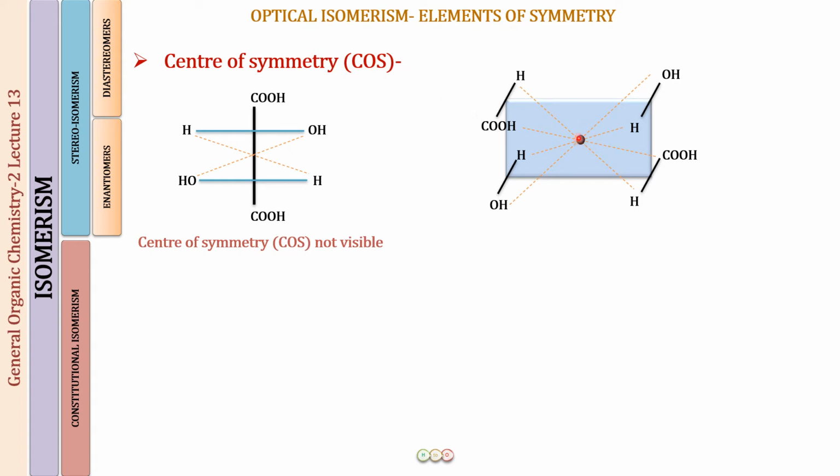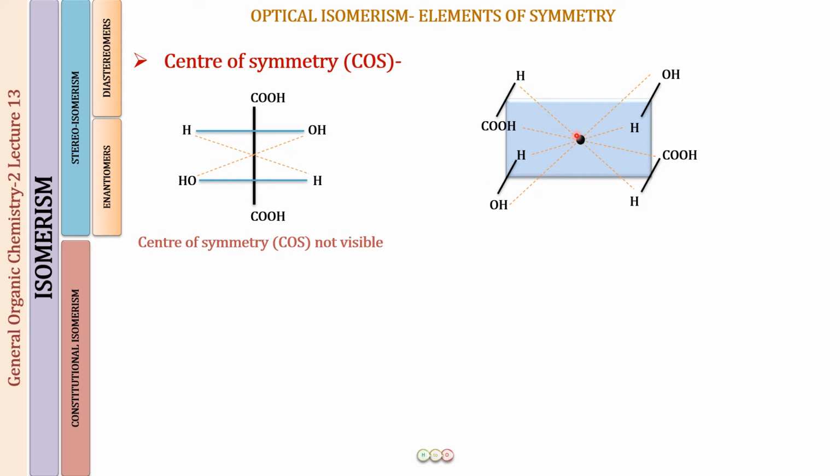Okay. Now the next one, this compound here. Let us see whether a center of symmetry is present. So this is what we are taking as the center, and the plane of the ring of the cyclobutane. In this cyclobutane, you can see there is a hydrogen above the plane, a COOH below, an OH above, a hydrogen below, an H above, an OH below, a COOH above, and an H below. When we draw the center of symmetry, first of all, if you go along the diagonal, you will encounter one carbon, and on the other side another carbon. That is easy to understand.